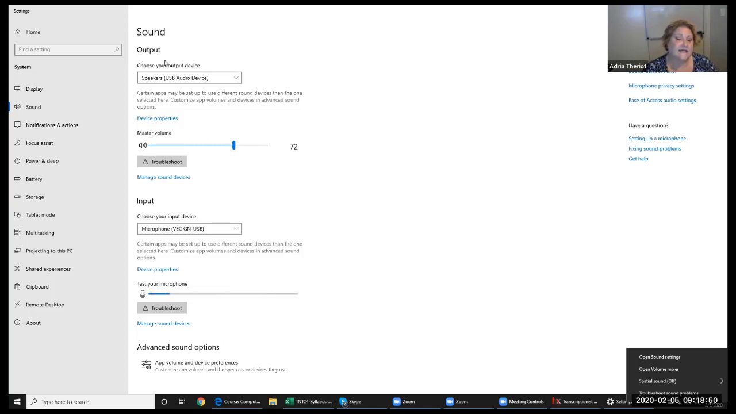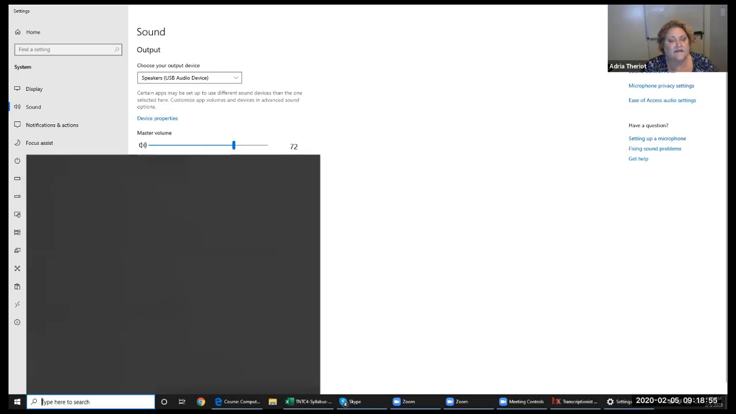There's one other thing about USB properties that we do, and that is in Device Manager. We go to Device Manager and we set these devices not to turn off. So if I click on the little search bar in the lower left-hand corner of my screen and I type in Device Manager,